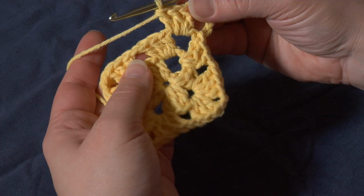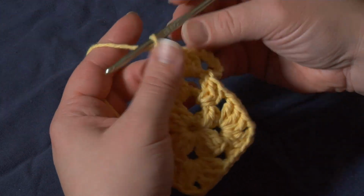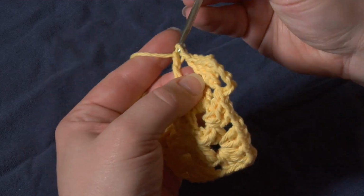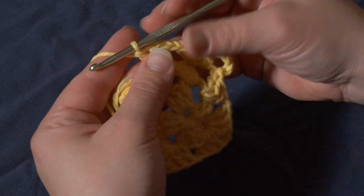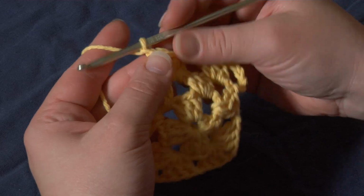Then what we've got here is this chain 1 space that we had before. I'm going to chain 1 just as we did before to get to the other corner, but before we go there, we're going to work 3 double crochets into the chain 1 space of the previous round. Okay, then to continue on our way to the next corner, we'll chain 1 again, and then once we're in